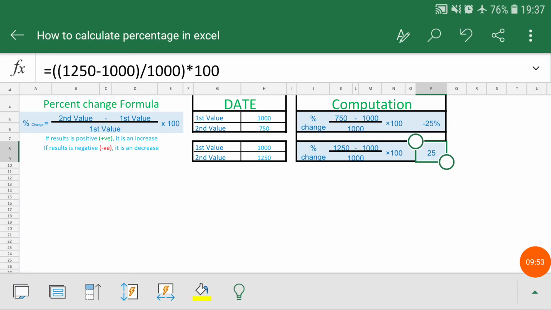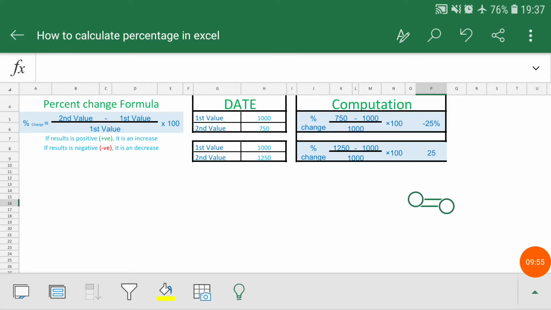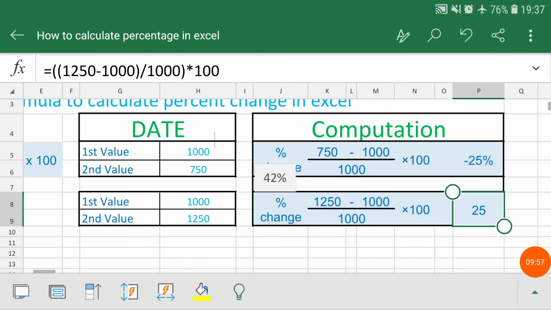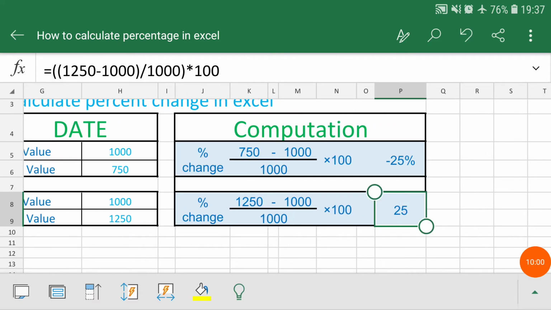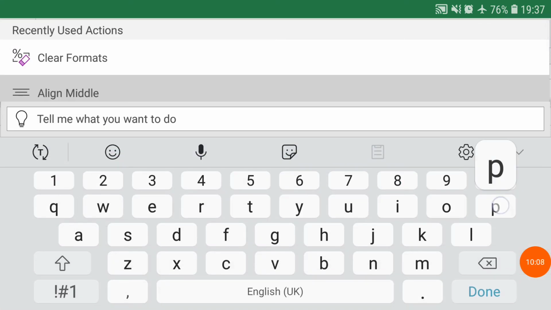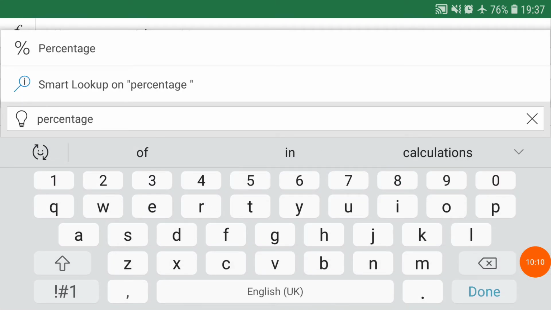So here we get the percentage value but without the percentage sign. Here you can see the value is correct but the sign is not available. If we put the sign over here, it will change the value and that will not be the correct answer. Percentage. Alright, so I have searched for percentage over here to get the percentage format on this cell.